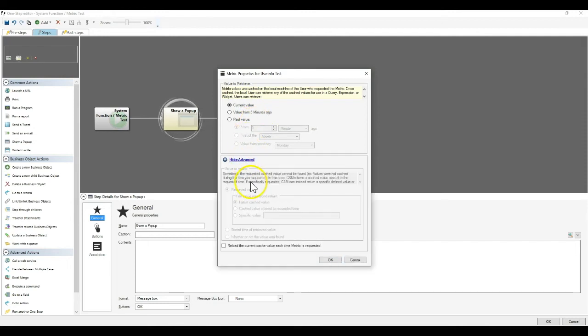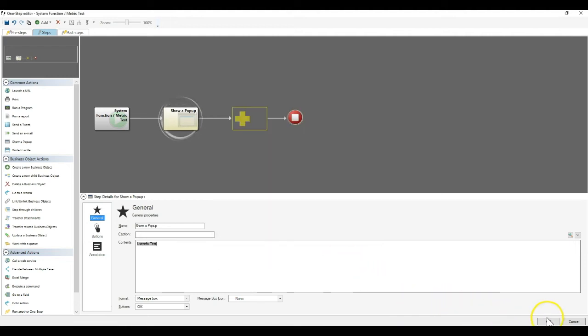That's not really relevant to what we're doing here, because what we're doing here isn't really what metrics are supposed to be used for. So you could leave this to cache a value or grab the current value or the value from 5 minutes ago, or you can go under advanced and check that this should reload the current cache value each time the metric is requested. That's really up to you, but it might not make a difference as far as us doing this, because ideally your data on your user info record or customer record isn't going to be changing that frequently. So I'll click OK